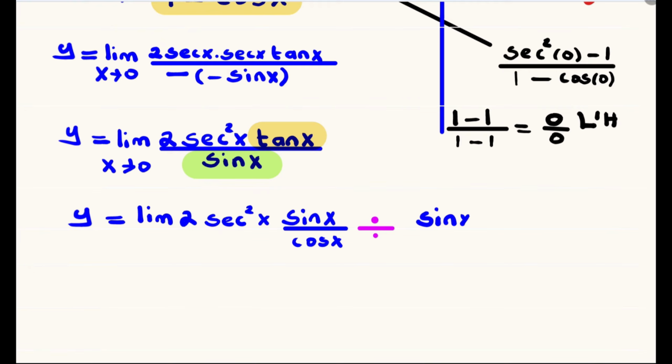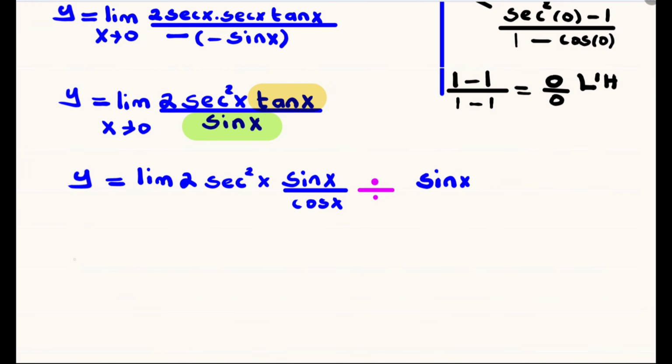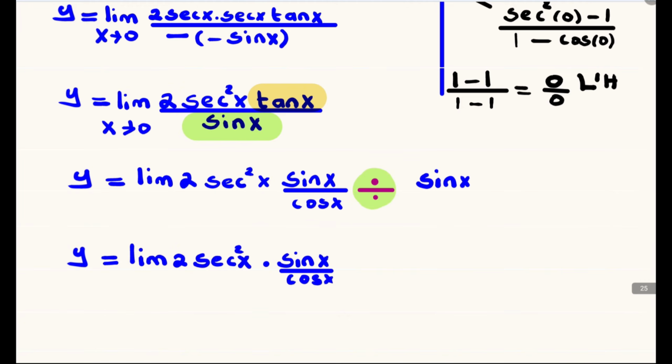So we divide by that division sign, and our y will be equal to the limit of 2 multiplied by sec squared of x multiplied by sin x divided by cos x. We change that division sign into a multiplication sign, and when we do that, the sin x divided by 1 will become 1 divided by sin x,